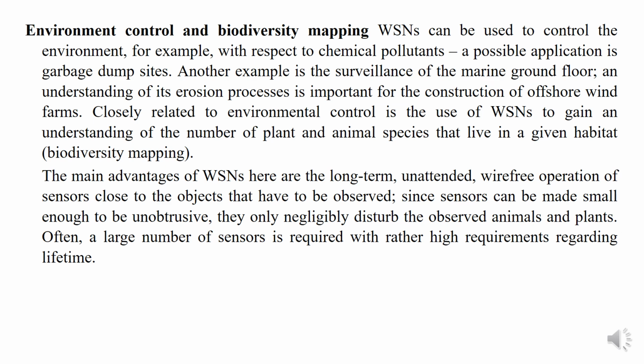Closely related to environment control is the use of wireless sensor networks to gain an understanding of the number of plant and animal species that live in a given habitat: biodiversity mapping. The main advantages of wireless sensor networks here are the long-term unattended wire-free operation of sensors close to the objects that have to be observed. Since the sensors can be made small enough to be unobtrusive, they only negligibly disturb the observed animals and plants. Often, a large number of sensors is required with rather high requirements regarding